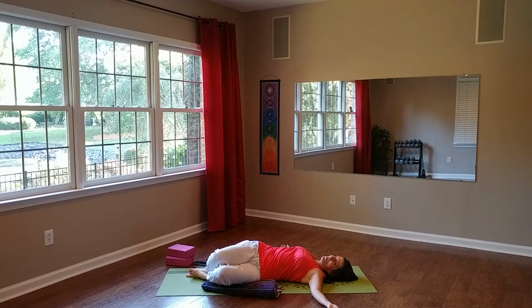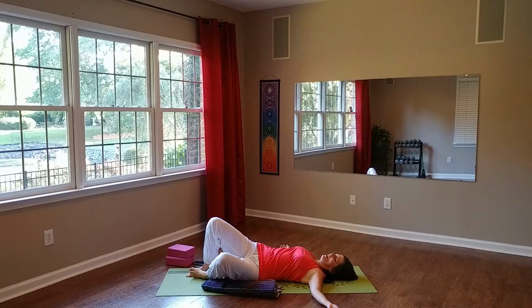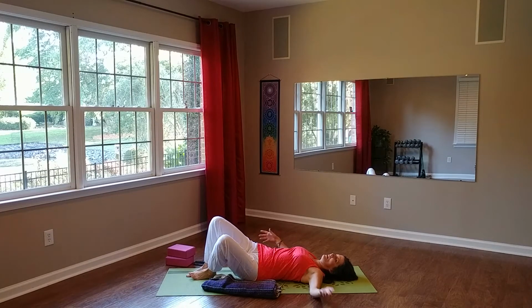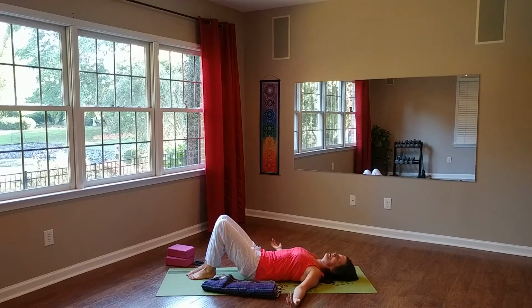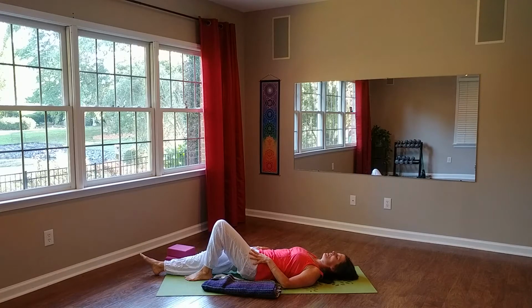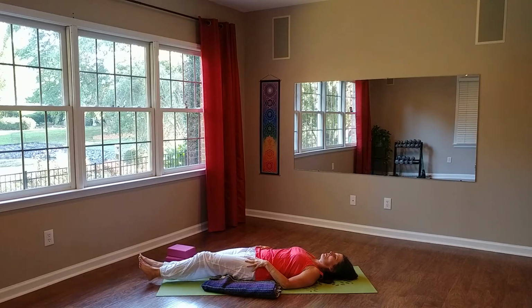We'll bring that top knee up slowly, and then the other knee, and then again shifting the hips, and let the lower back melt against the floor, and just relax here for a second. If it feels good to straighten the legs, you can straighten the legs. If it bothers your back, you can keep your legs bent. But we'll just take a moment before we move into our next posture